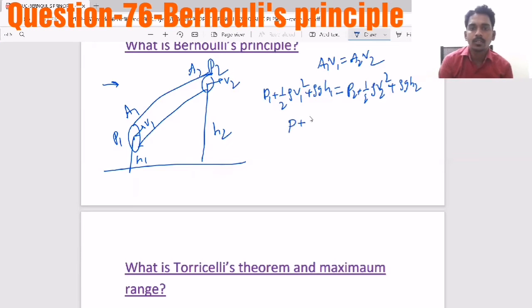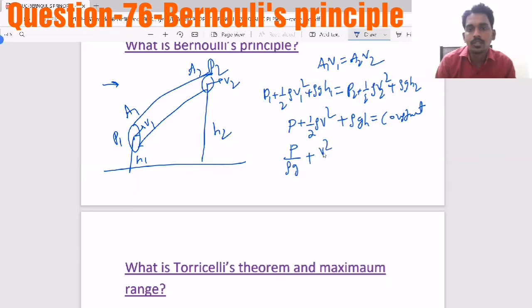That means pressure plus half rho V square, kinetic energy per unit volume, plus rho g h, potential energy per unit volume, remains constant. This is called Bernoulli's principle, or P by rho g plus V square by 2g plus H